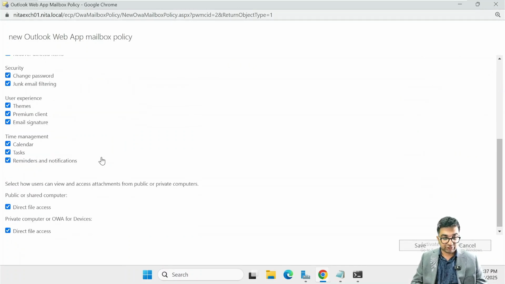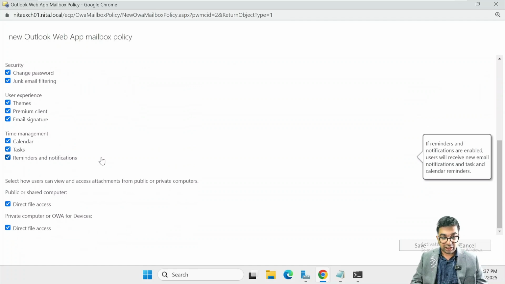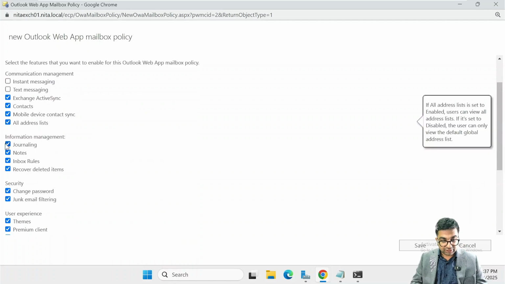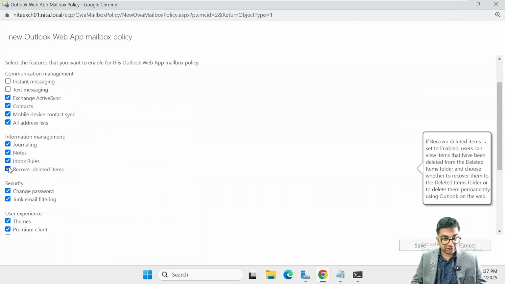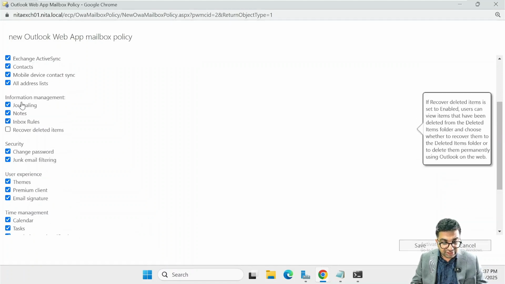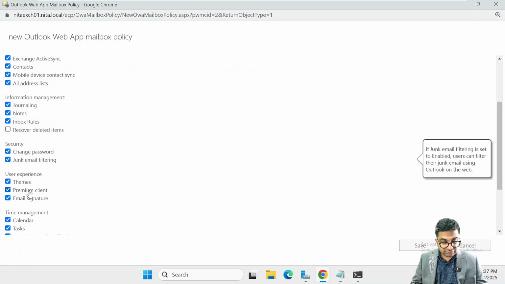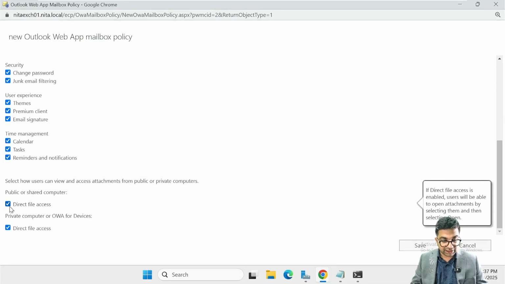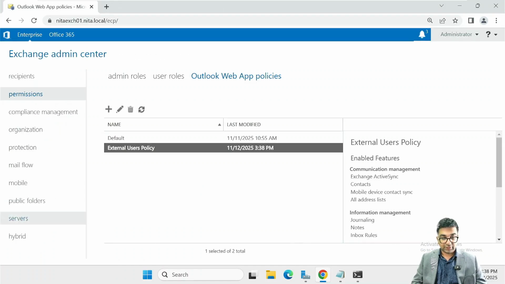And once the more options load up, I am going to uncheck recover deleted items and also uncheck, under file, I think this is right here. Under direct file access, under public or shared computer, I'm going to uncheck this and click on save. So my policy is here,